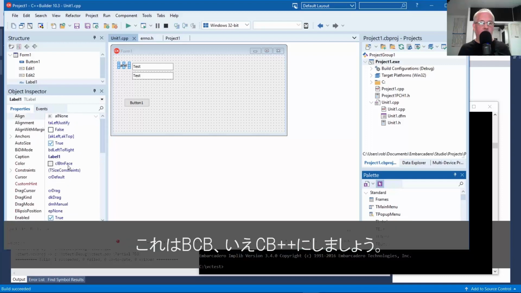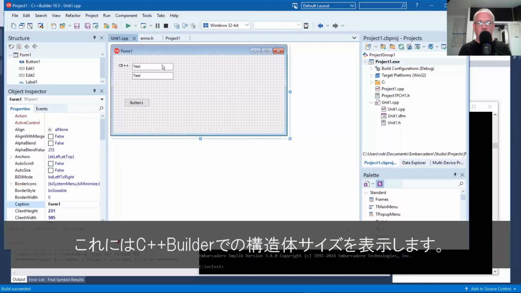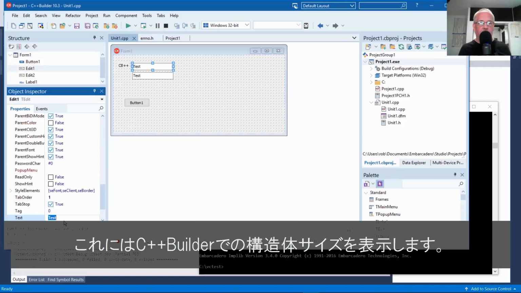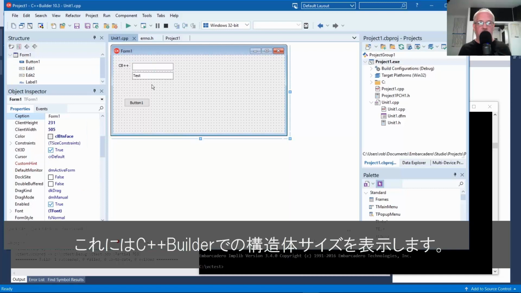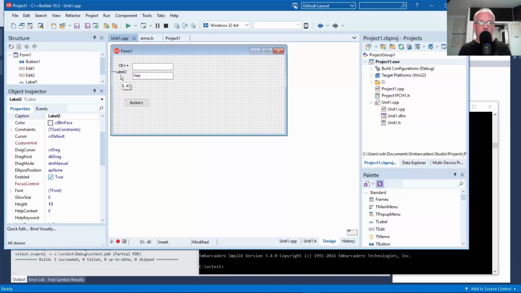I'll call this BCB, or just C++ Builder. So this is going to be C++ Builder's idea of what the size of that structure is. And then another label for the second edit box.